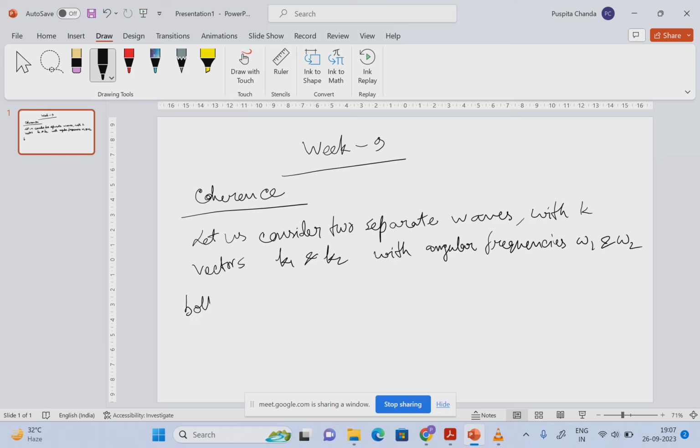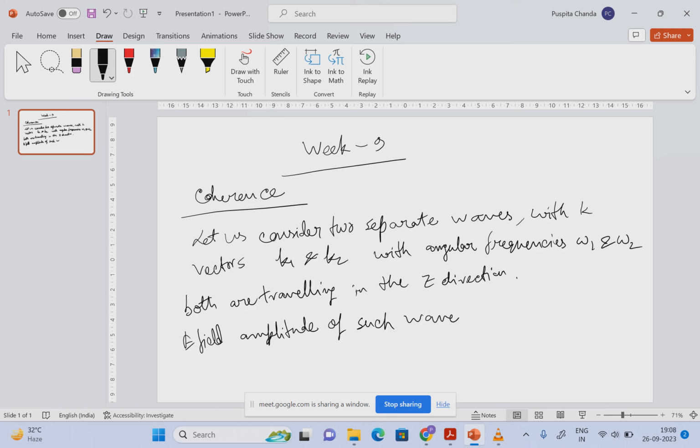Both are traveling in the z direction. The electric field amplitude of such waves can be expressed as